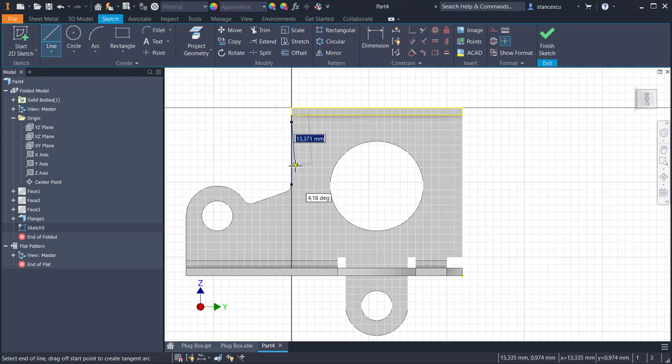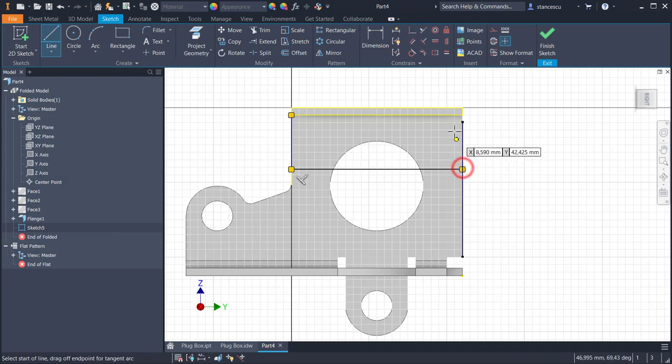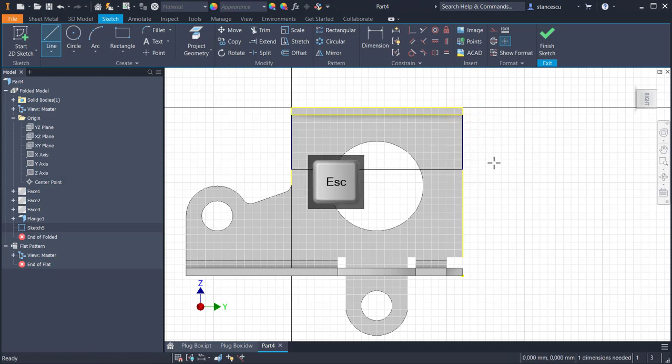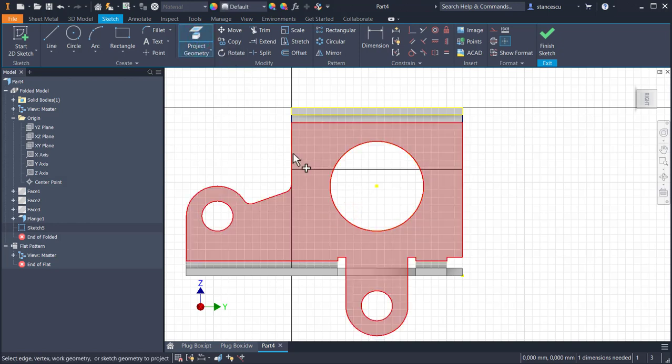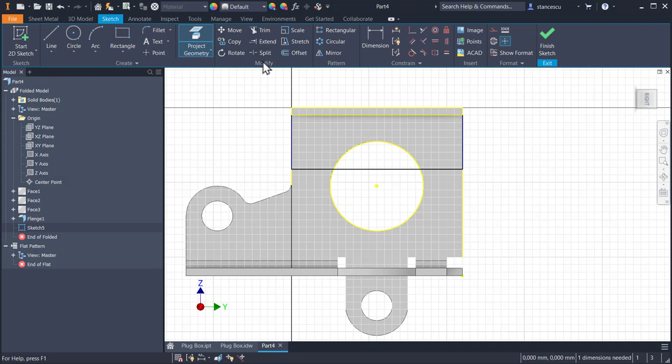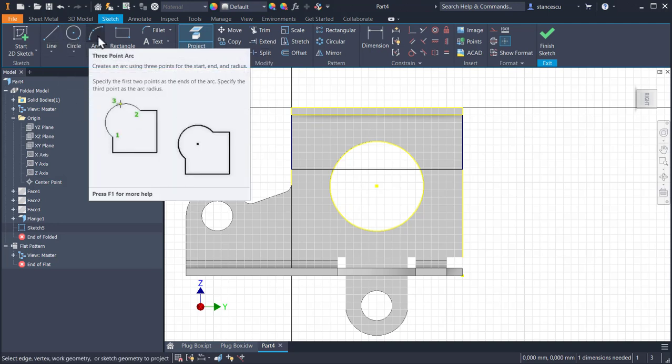One line, two, horizontal and back up. Then we project the circle and we apply an arc